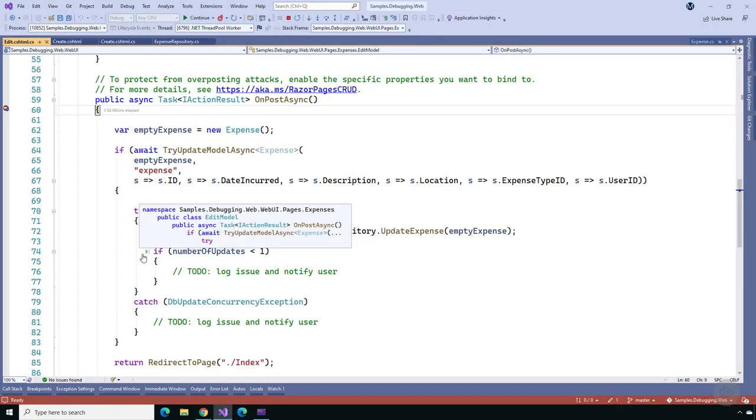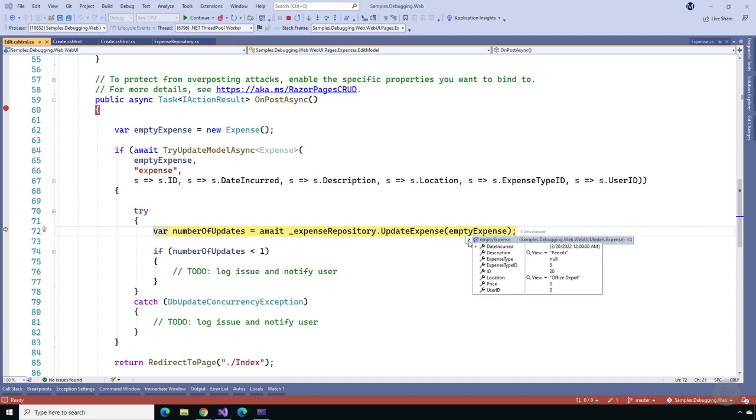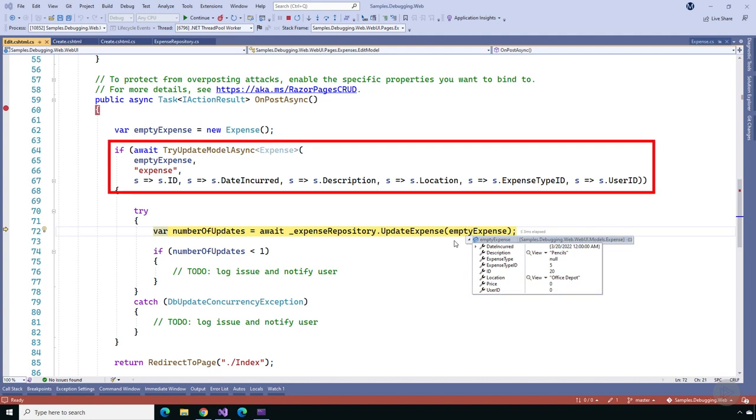The breakpoint is hit on the Edit page, so this method is handling the Save button click on the server side. Let's step through the code with F10, and before we send the new expense to the repository class, let's hover over the object and check out the values of its properties. And the price is 0 here. If we look at the try_update_model_async method just above, we can see already that the price property is missing from